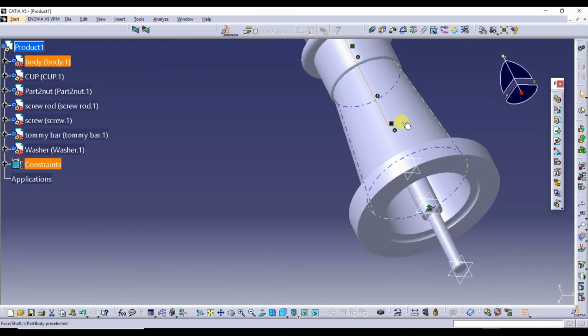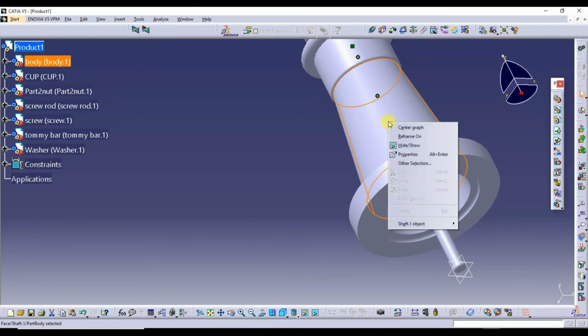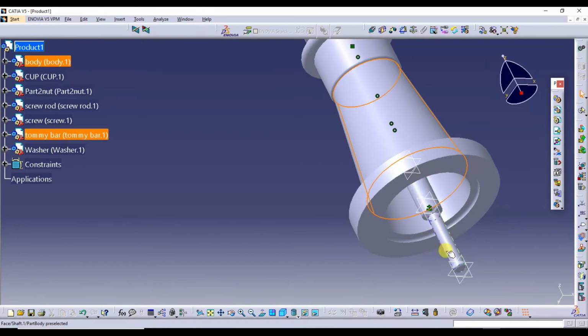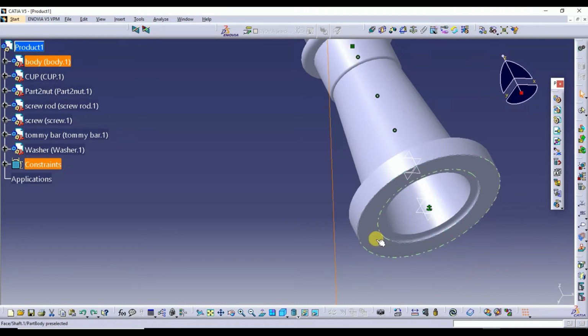It has taken a wrong constraint. I'll delete this constraint. I'll go for Ctrl Z. Just I'll delete this command. I'll delete this command.